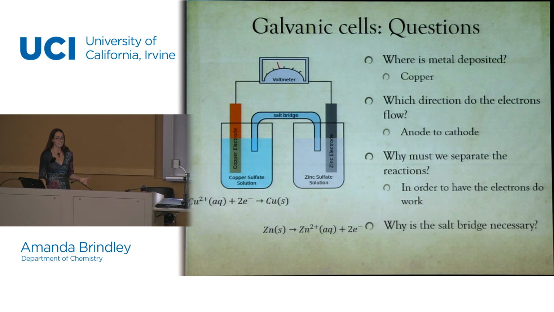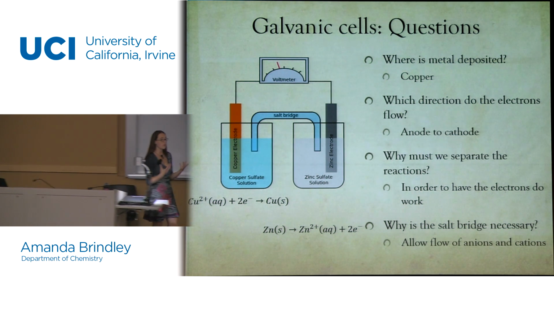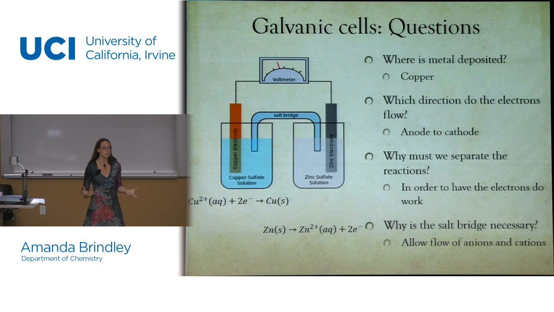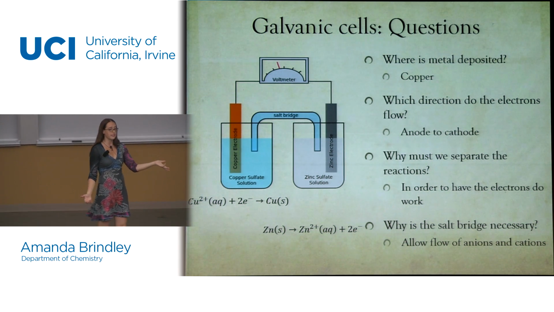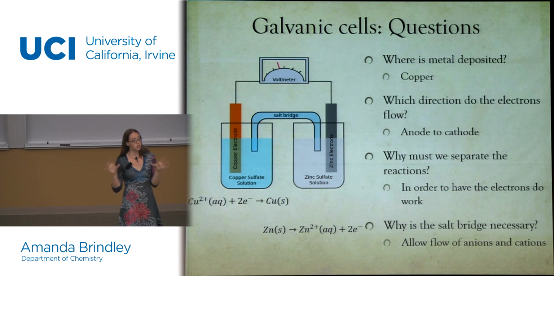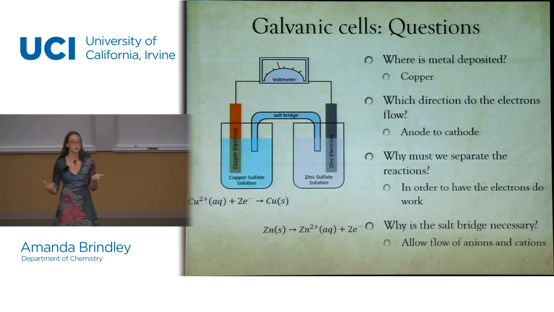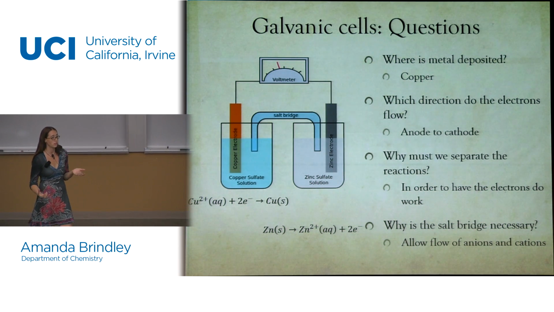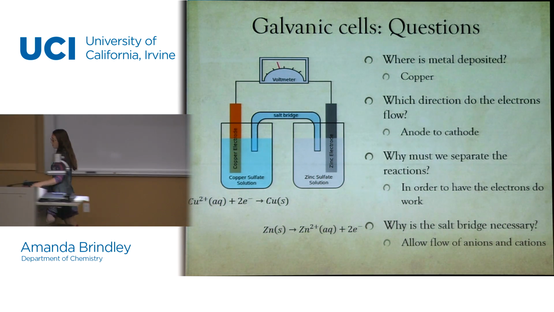Why is the salt bridge necessary? It allows that flow of anions and cations. It allows the flow of counter ions. We're making ions on one, we're destroying ions on the other, not destroying them, but converting them into a metal. We need to make sure that our solutions are still balanced, that our solutions still have the same number of plus charges as they do minus charges. Okay? So if you look at this side,